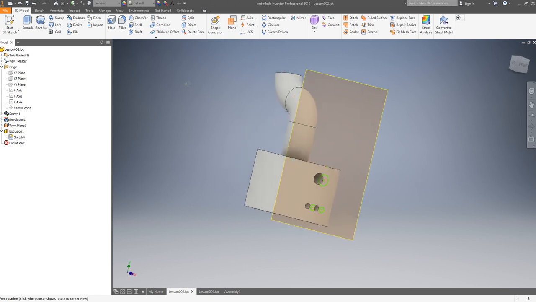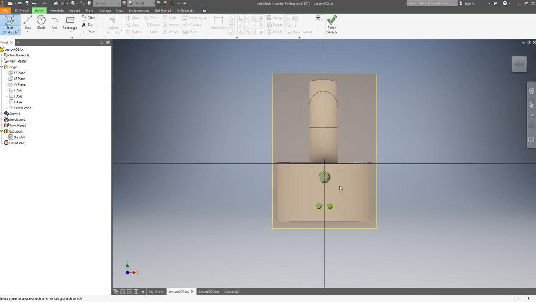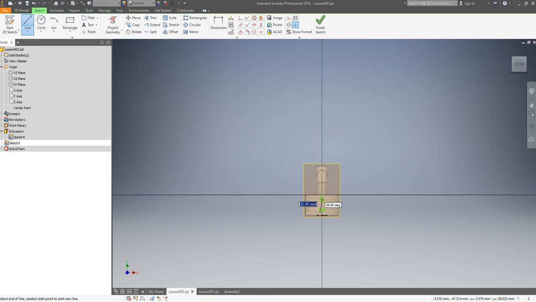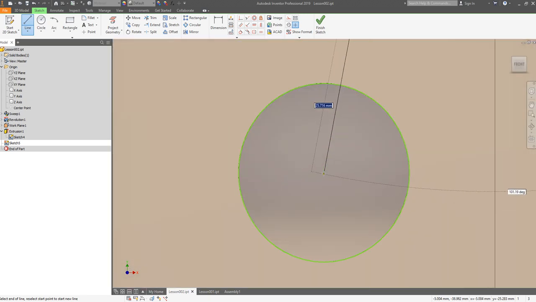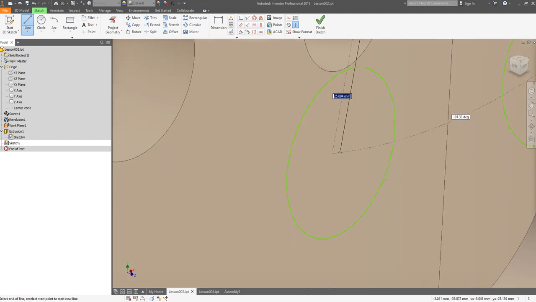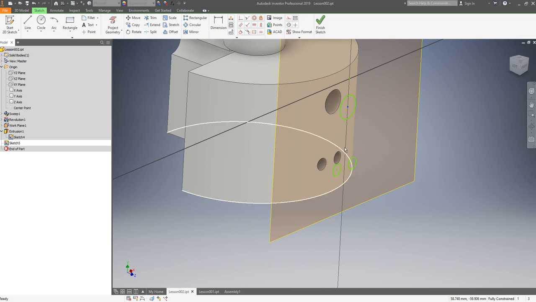Draw a line right here, line from here to here. I can't. Why?